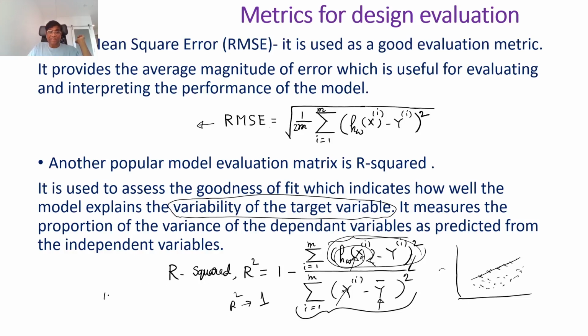So if 100% R square value is a bad design, then a very low value, say 5%, is also a bad design because this is highly biased, it is underfitted, and that one is overfitted. So normally R square value, if it is lying between 70 to 85%,